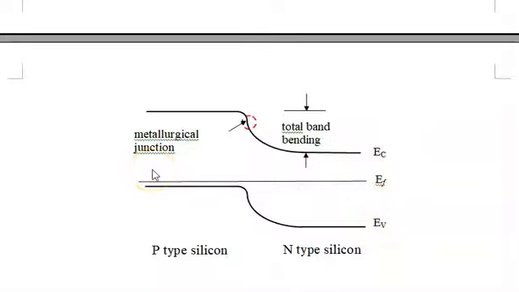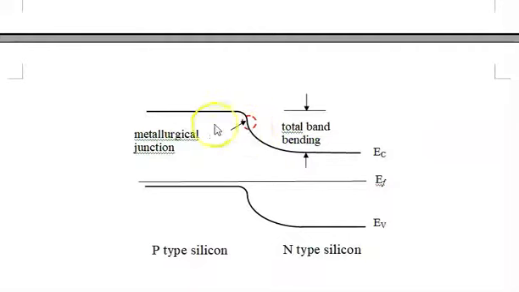But go look on the left side, on the p side. On the p side, the Fermi level is very close to the valence band. So here we have a heavily doped, not degenerate, but quite heavily doped, maybe 10 to the 18th or so on the p side, and on the n side we have maybe 10 to the 14th or 10 to the 15th. The total band bending is still the n side bending plus the p side bending.